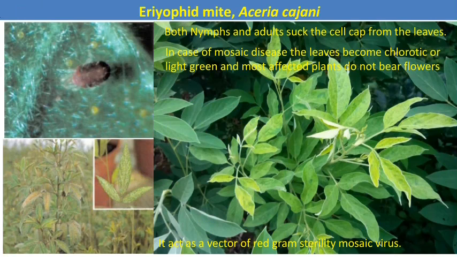The species is Aceria cajani. This is one of the non-insect major pests. The damaging stages are nymphs and adults. Both nymphs and adults suck the cells from the leaves, and in case of severe infestation, the mosaic